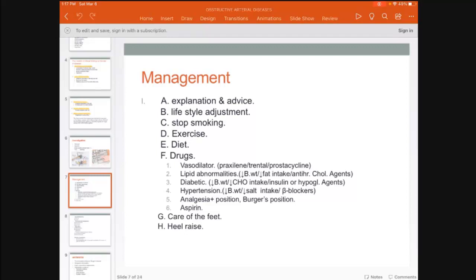And besides that, hyperglycemia should be treated, meaning to treat the sugar. Here it is very important